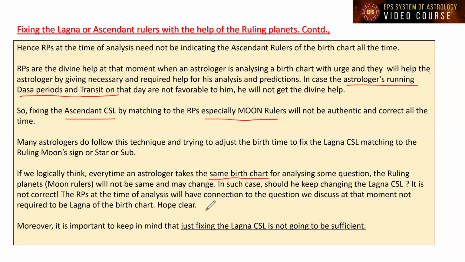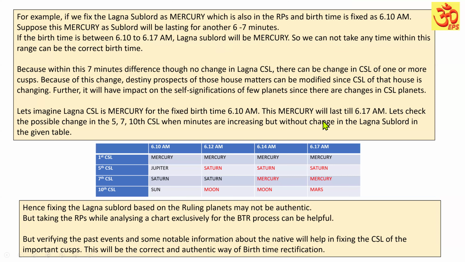Moreover, it is important to keep in mind that just fixing the Lagna sublord alone is not going to be sufficient. How? That we will discuss now. For example, if the Lagna sublord is Mercury, for example, if we will discuss,